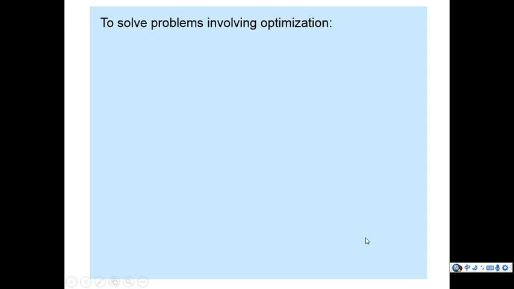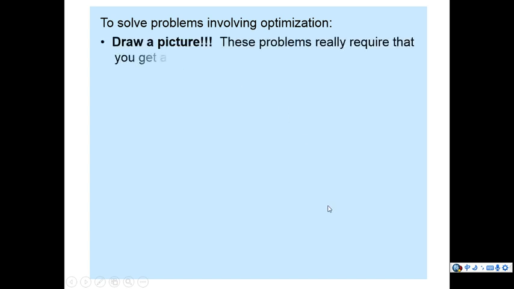And for the way to solve problems involving optimization, here are some of the steps and process that you need to follow through. So first one, always draw the picture, and this problem really requires that you get a good look at what you're trying to find. So it's always going back to geometry. For geometry there are so many of those types of structural problems: rectangle shapes, figures, two-dimensional, three-dimensional, volume, so you'll talk about three-dimensional figures such as prisms, triangular prisms, cones, cylinders,